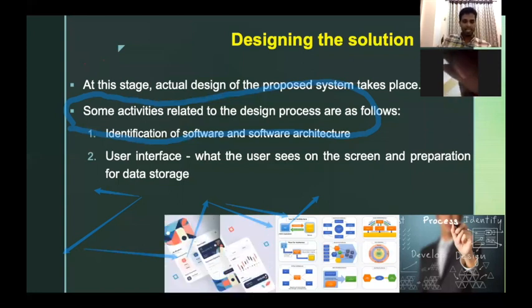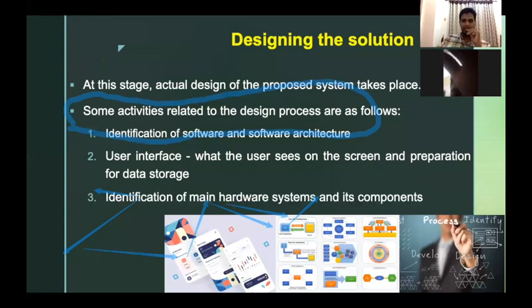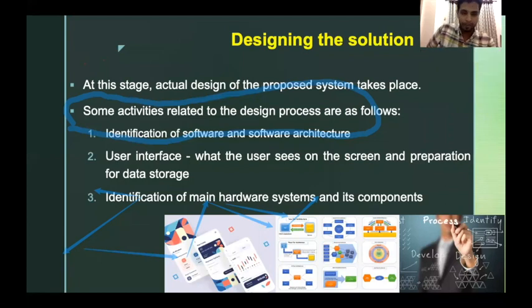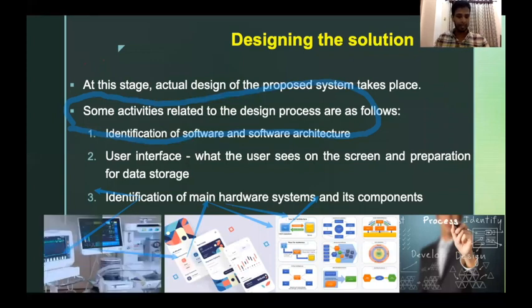Okay, so you can see this, the mobile screen, there are different user interfaces there. Again, number 3, identification of the main hardware system and its components. For example, in a system, to run our system, what extra hardware do we need? For example, see this figure. This is the ECG. When we are taking the ECG,